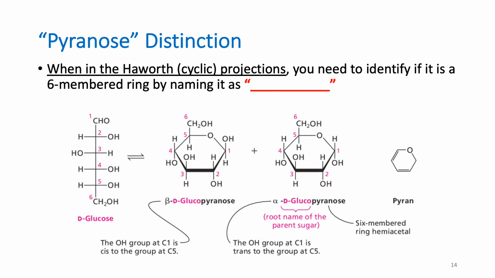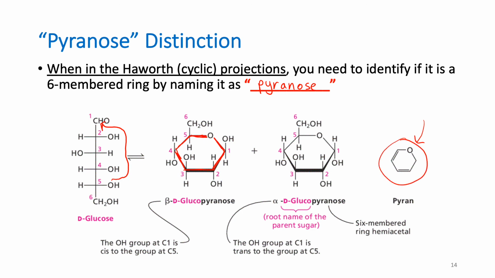Pyranose is a distinction used to describe the 6-membered version of these cyclic models, the Haworth projection. So we're going to call this pyranose. And that comes from the 6-membered ring right here, pyran. 6-membered ring bearing an oxygen. You may recall this from our protection and deprotection of alcohols, the DHP and THP, tetrahydropyran. Here it shows up again. Remember, that happens if you take this hydroxyl group at carbon 5, react it with the aldehyde to cyclize to give you the 6-membered ring. And looky here, you now have a 6-membered ring bearing an oxygen. And that is a pyran ring. You may notice the same thing right there.